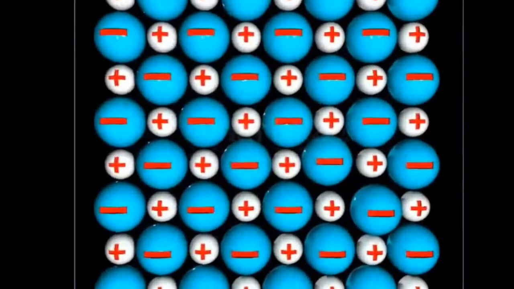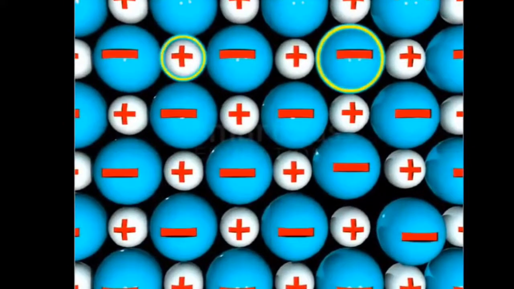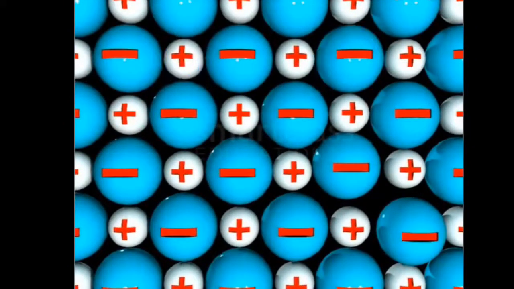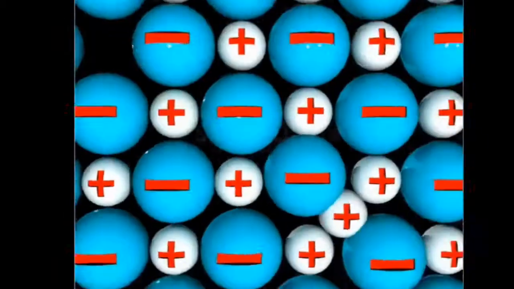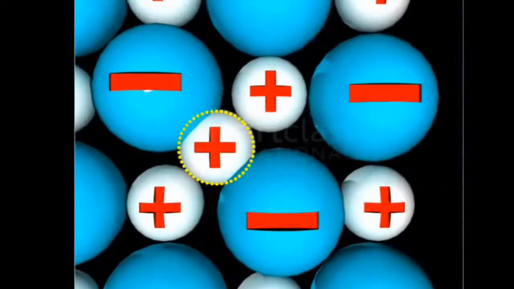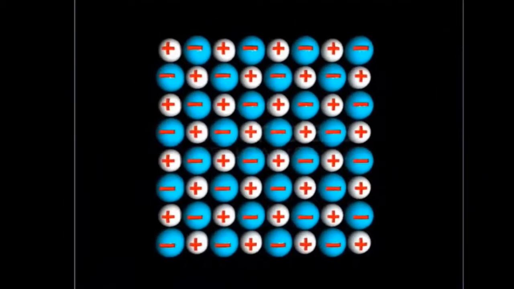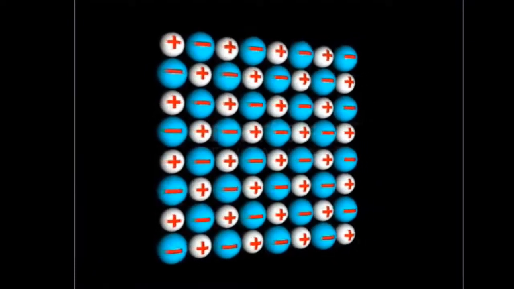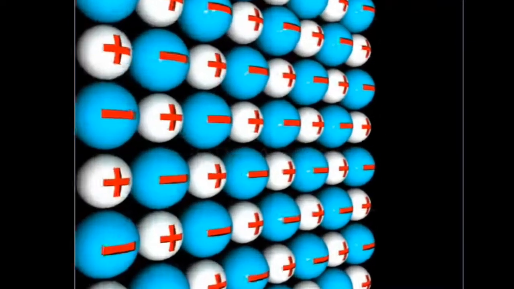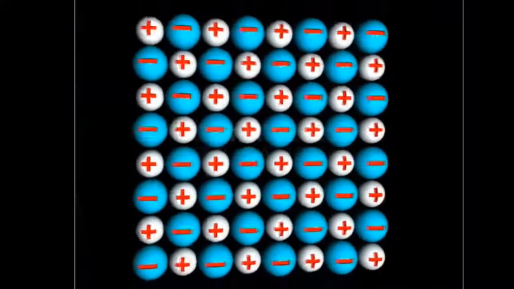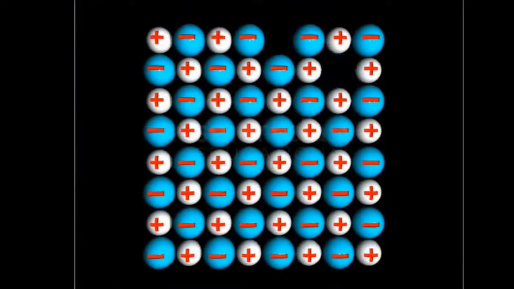Frenkel defects arise in the ionic crystals having large difference in the size of the constituent ions. In such defects, the smaller ion dislocates from its lattice site to an interstitial site. Schottky defect, on the other hand, arises in ionic crystals having constituent ions of similar size. In such defects, equal number of cations and anions leave their lattice sites and create vacancies in the crystal.